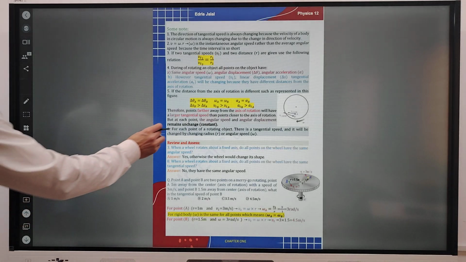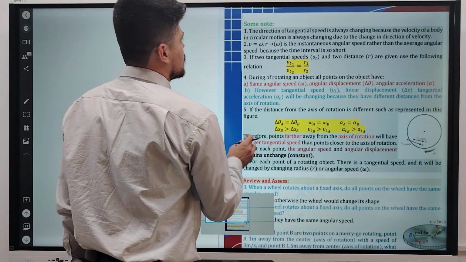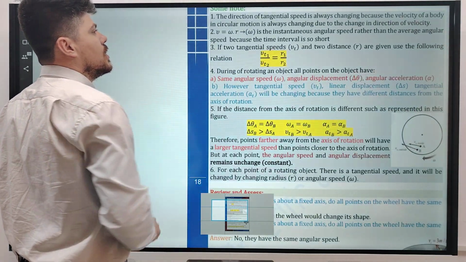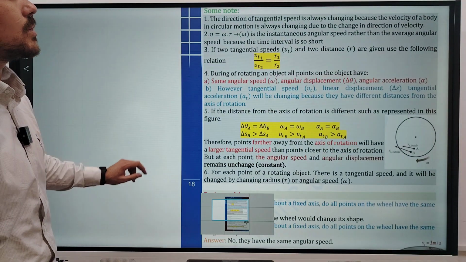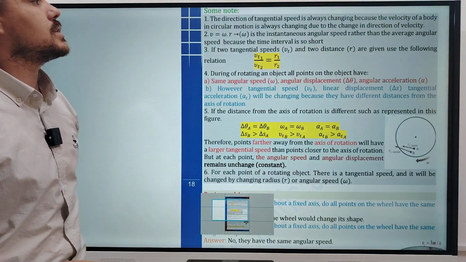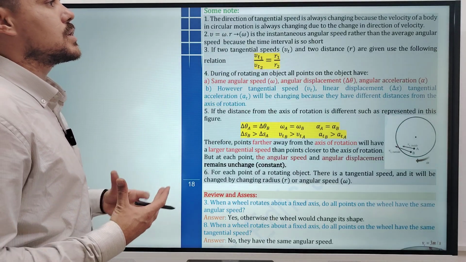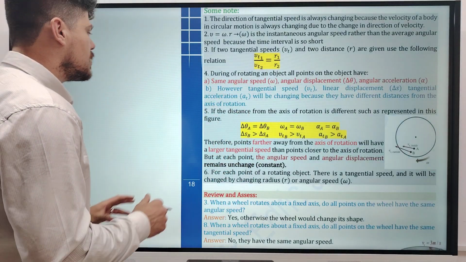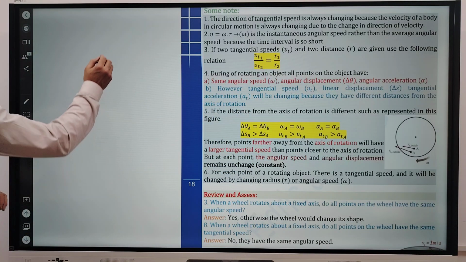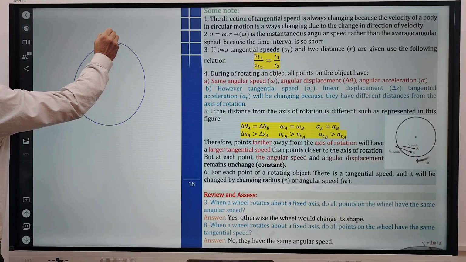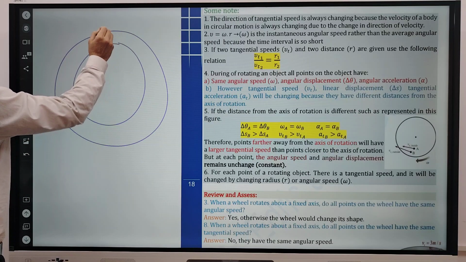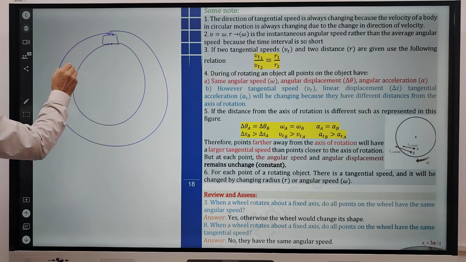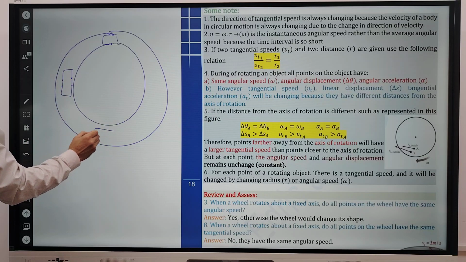So we have some notes about the tangential speed in a circular path, of one object in a circular path, or on the rotating object. The direction of the tangential speed is always changing because the velocity of the body in a circular motion is always changing due to the change in the direction of the velocity. What do you mean by that? It means that when an object is moving in a circular path, okay,